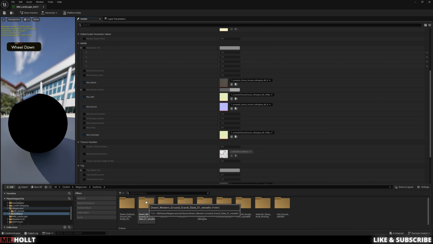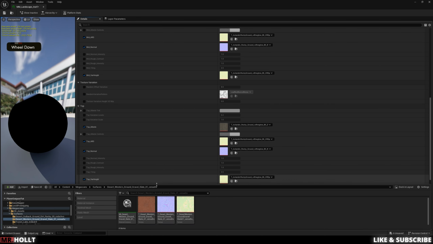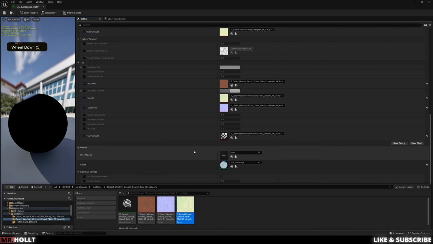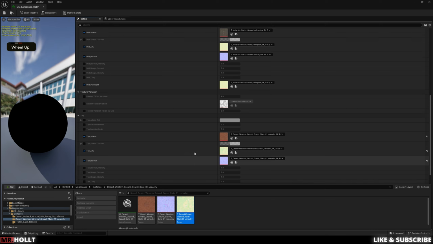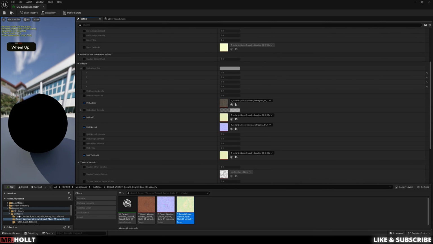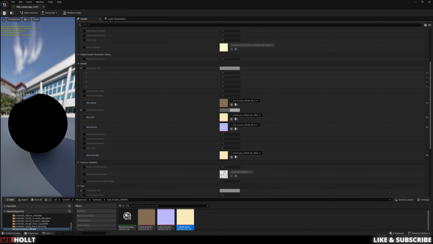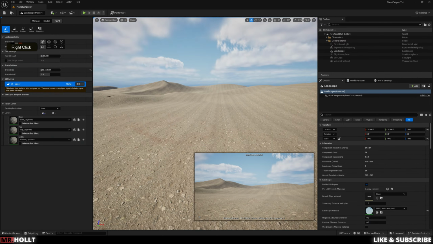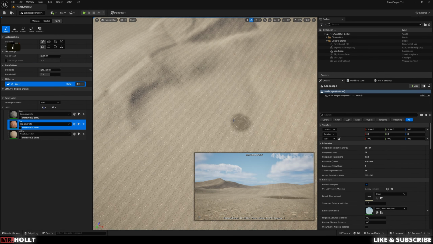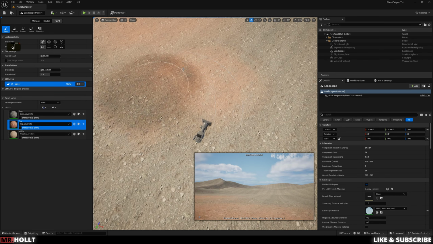One is the Western gravel. So we can click on the Western gravel and go 1, 2, 3, 3. And then we can go over to the mid layer. And this one's going to be soil ground. And we can do 1, 2, 3, 3. Save, close. And then now if I click right here, I can paint